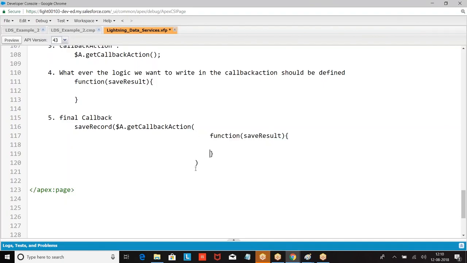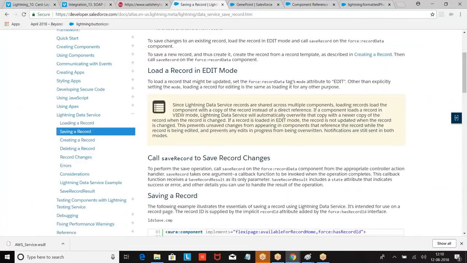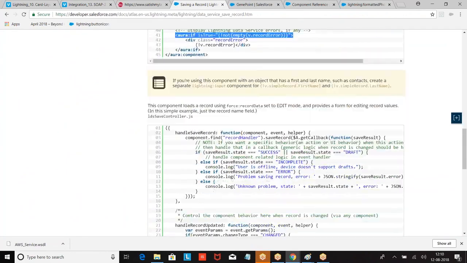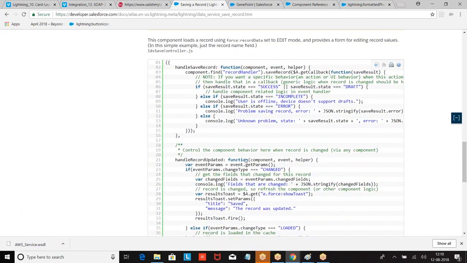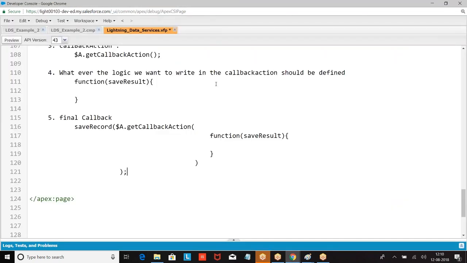Just to understand, I'm giving the right parenthesis here. This is a way of writing logic. Save record $a dot get callback action function. So look at the structure, everyone. Let me remove this action, you mentioned it.